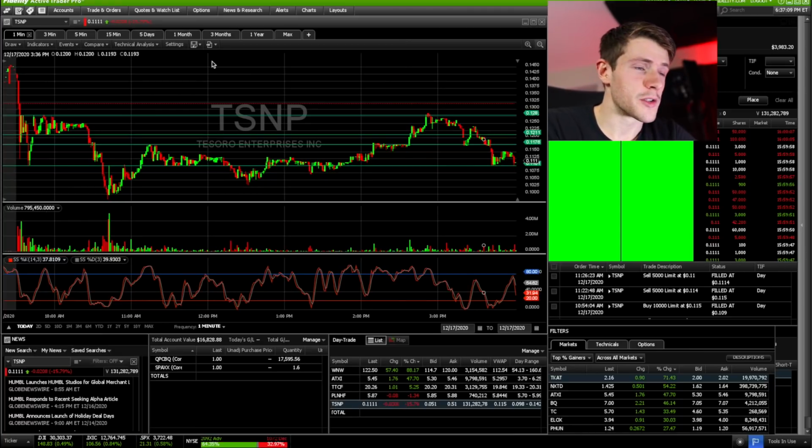But then overall, the trend today, we ended up getting a higher low on this. So you can see that this low is lower than this low, and then the same thing happens here. It bounces up, but we end up getting another higher low again, and then it's able to break out past this. It broke out past this, but it barely broke out. We had a little tick in volume there, but it didn't do much after it popped